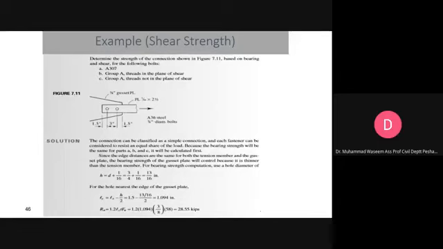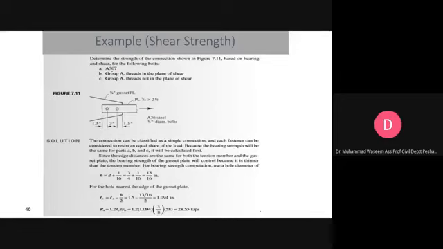So I will go over it quickly, but in the next class we will again go over it. Okay, now basically you have to determine the strength of the connection shown in figure 7.1 based on the bearing, and now they have included the shear for the following bolts. For unfinished bolt